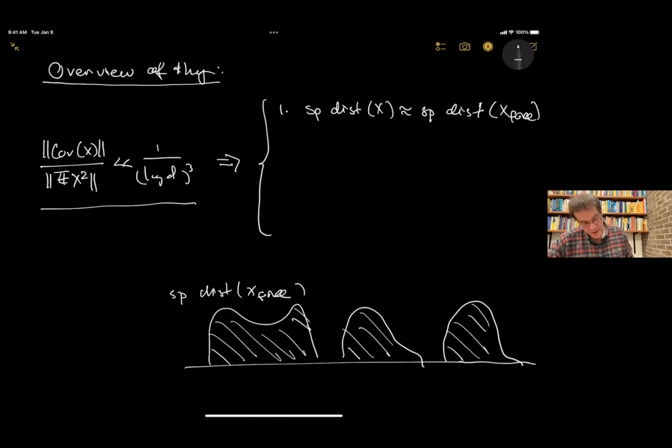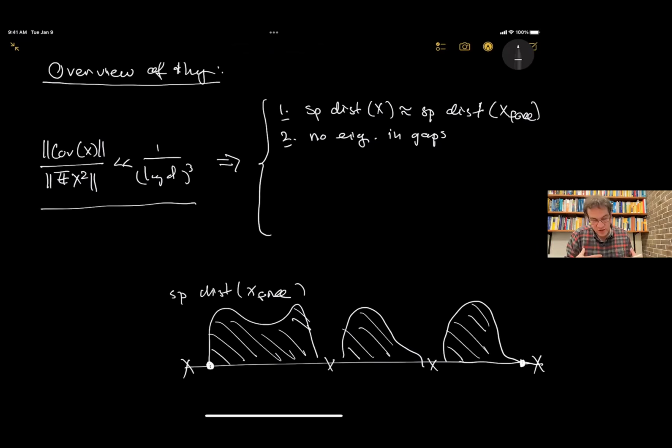Right? Secondly, as soon as this is true, there are no eigenvalues in the gaps. So for example, the result about the norm says that if this is the edge of the spectrum of X free, then there cannot be any eigenvalues of X out here, right? Because the norm of X, the largest eigenvalue of X, has to be very close to the largest eigenvalue of X free, right? But our theory also shows that there could be no eigenvalues in these gaps between the different bulbs in the spectrum.